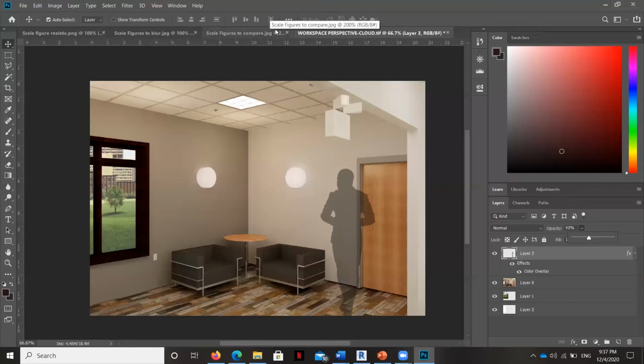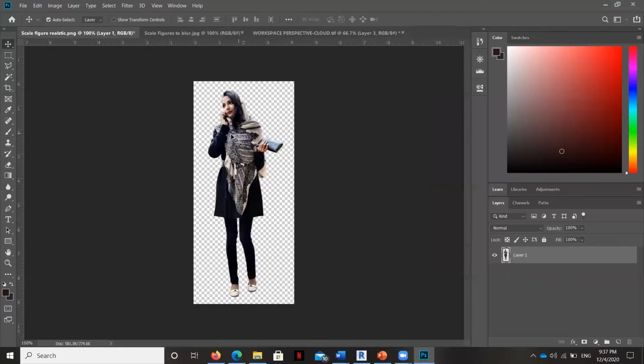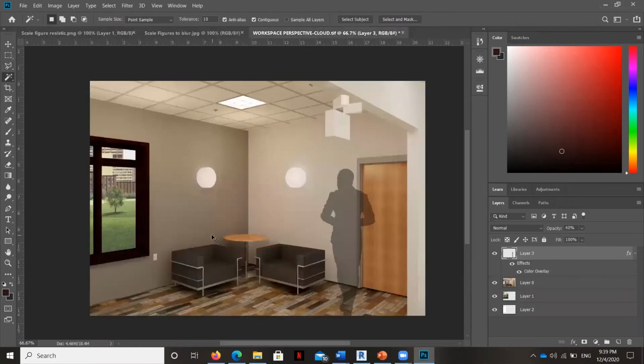The next one I'm going to bring in to show you as far as technique goes is this one. Now she's coming in on an alpha layer, so we won't have to do much for her background. And so all I'm going to do is just grab her with the magic wand tool. Let's see if I can grab all of her. And we're going to do Control C for copy, and we'll bring her in here. Okay, so she came in. Where is she? Okay, so that didn't work.